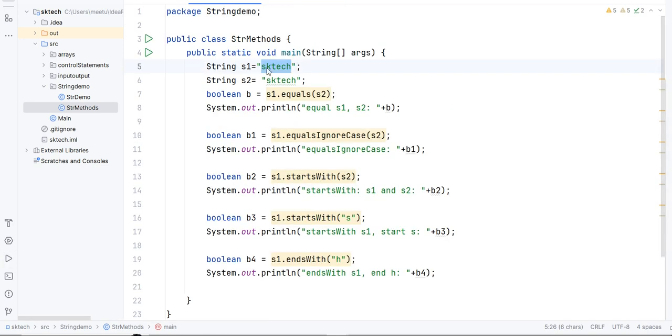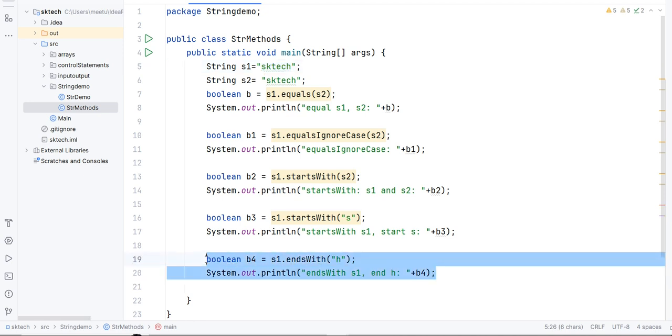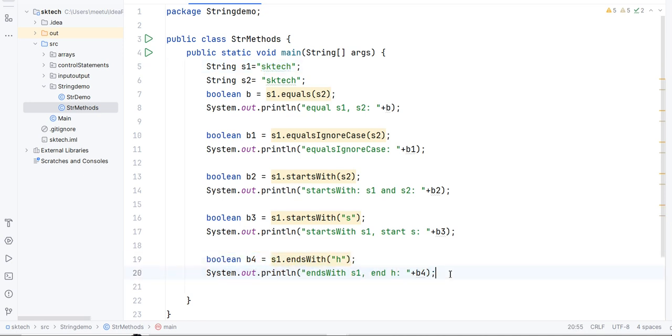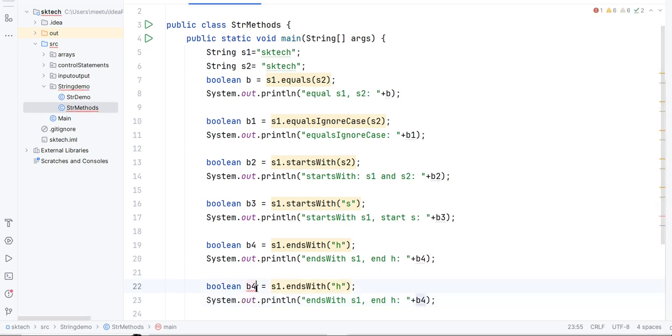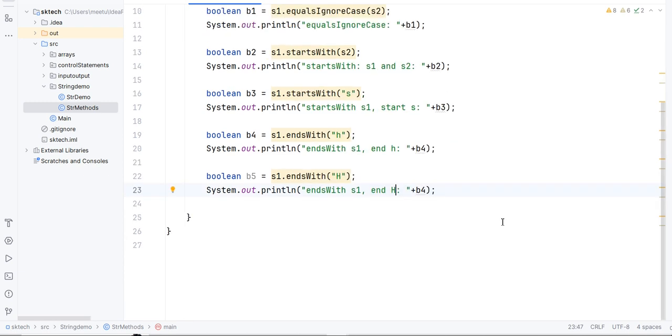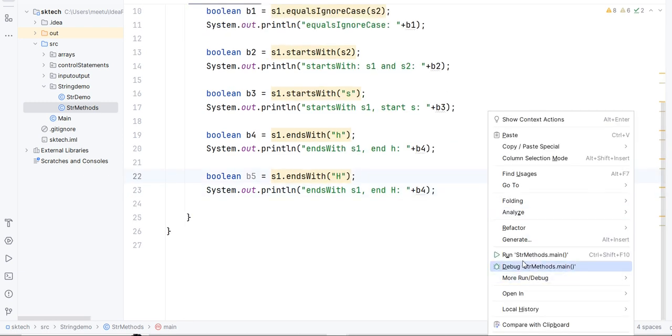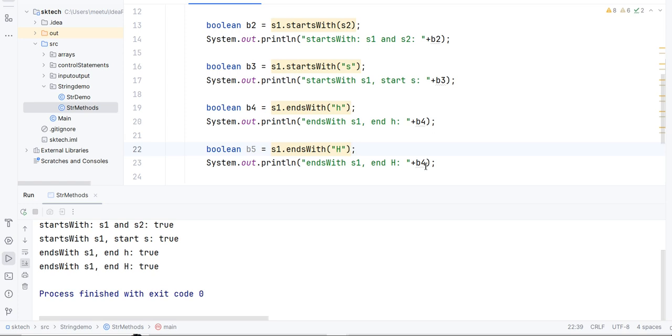For example, let's say this method is ending with the small h, right? And we were checking capital H. So let's create another variable b5, and let's say we are checking whether s1 ends with capital H or not. What it is going to print is false. Okay, I think we have printed a wrong variable here, so we have to print b5.